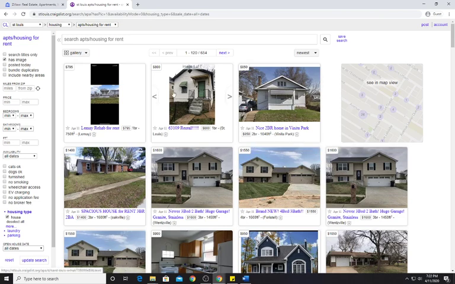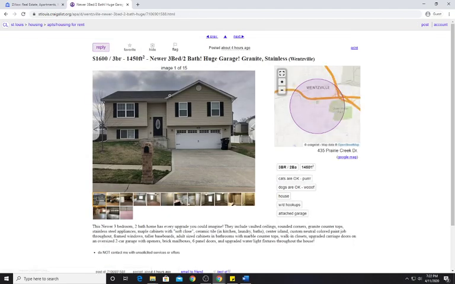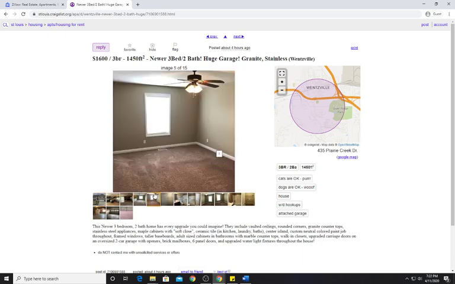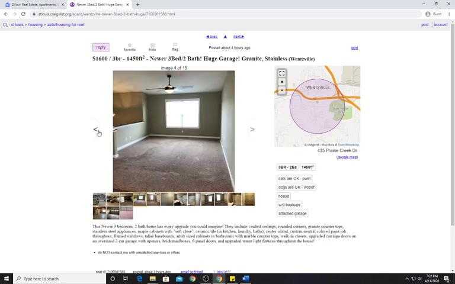Now, as you guys can see, there's a lot of options here of houses. Here's a nice house here. It is for 1,600. It says Newark, 3 bedroom, 2 bath, huge garage, granite, stainless steel, and it's located in Wentzville. Let's go ahead and click through the pictures here. Now it is for 1,600, 3 bedrooms, and it says